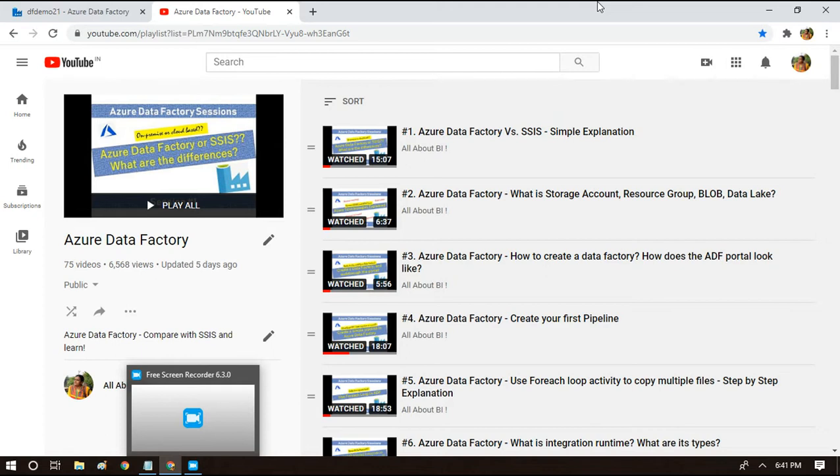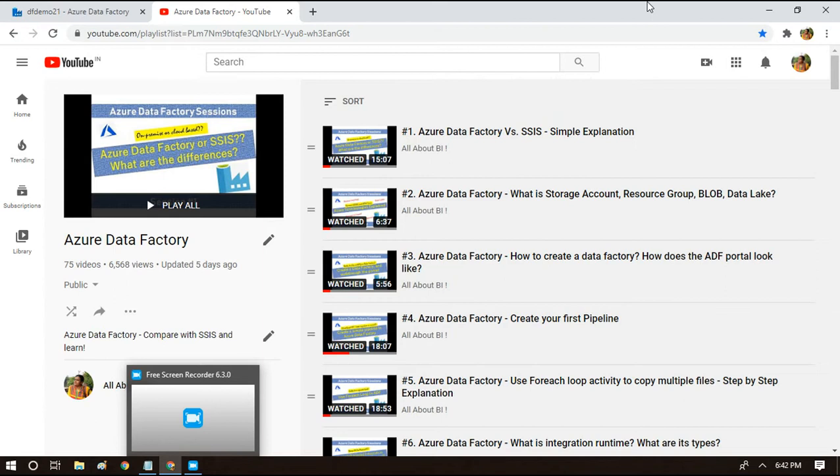commonly used scenarios or logics. And they have created those pipelines as templates, in the sense common people like us can make use of those templates and we can start building our logics on top of the templates. Okay, it's like having a basement setup on top of which we can build our logic. Instead of starting to implement any logic from scratch, we can look into the template gallery or template library to see if there is a template provided by Microsoft which meets our requirement or which is similar to our requirement. Okay, so that's what I wanted to touch upon today.